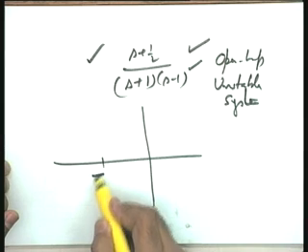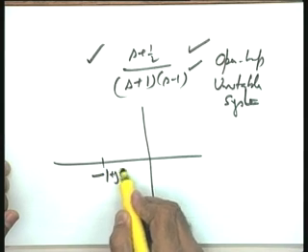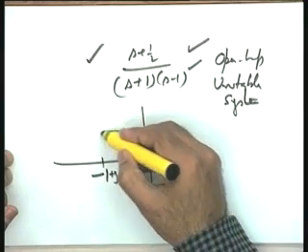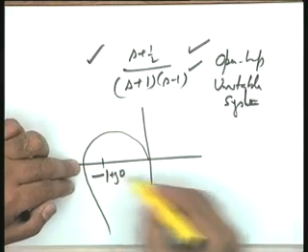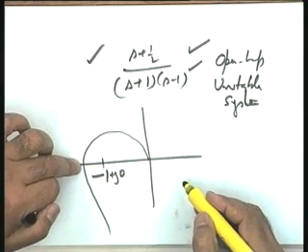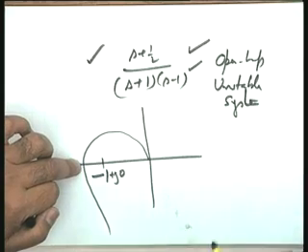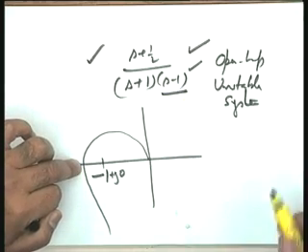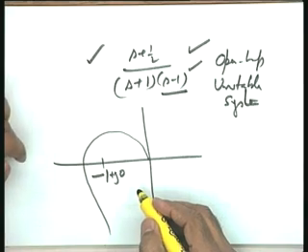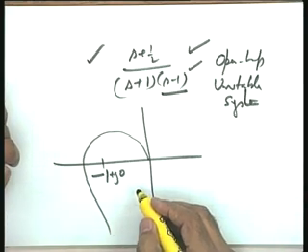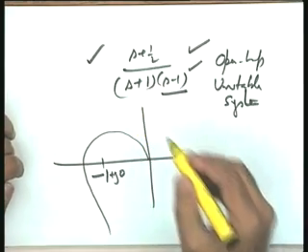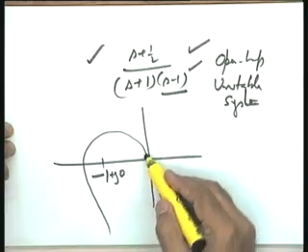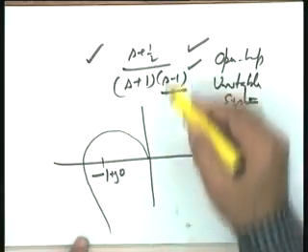In that particular case, your gain margin and phase margin definitions change, because for stability of the system itself, your plot has to encircle the point minus 1 plus j 0. One encirclement you will require, because P is equal to 1. So, the gain margin and phase margin definitions which I have given you earlier do not carry over straight away to a system which is open loop unstable.